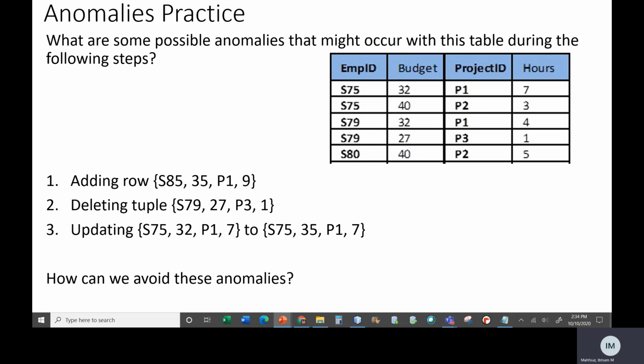We should have a table for employee information, and we should have a table just for the project information. But because I by mistake combined these into the same table, if I delete the last employee working on a project, I am deleting the project itself. And so I would get a deletion anomaly. So these are anomalies that we want to try to avoid. And the way we're going to avoid them is by something called